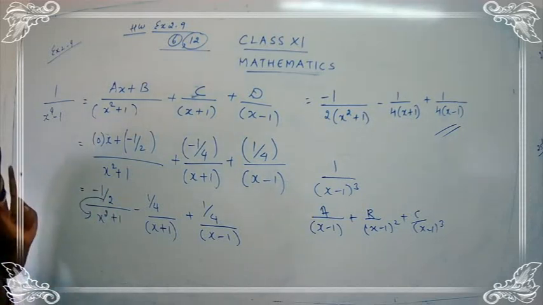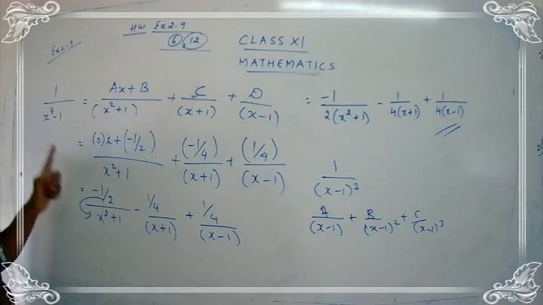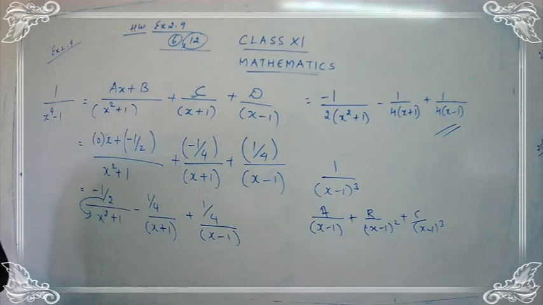Okay, so what was the homework, children? Let's come back to the homework again. Your homework is to complete sum number 6 and sum number 2. As I told you that we have to deal with some more types, and we will be dealing with another type of partial fractions in the next